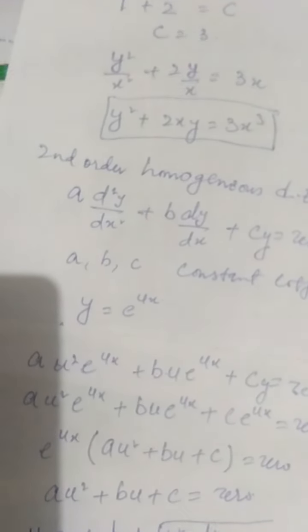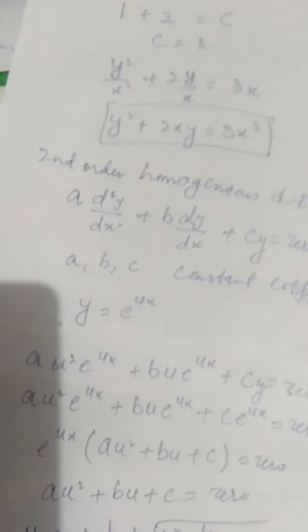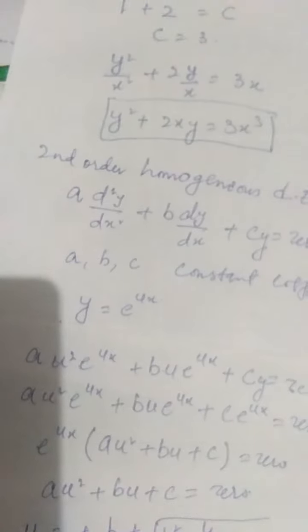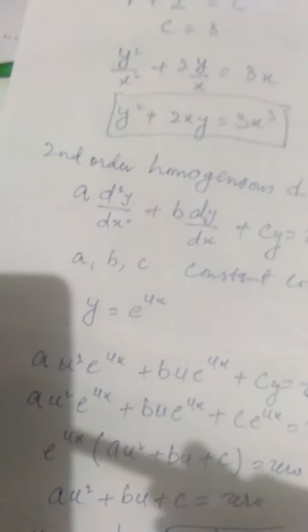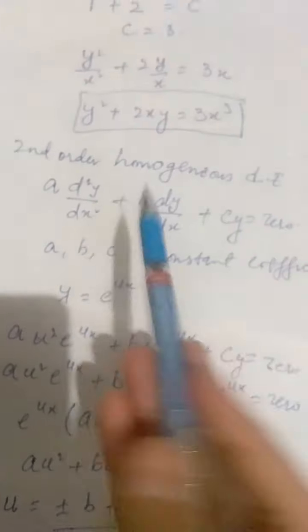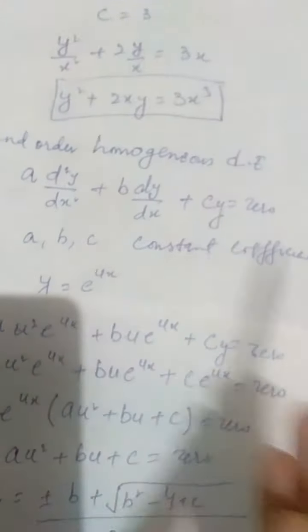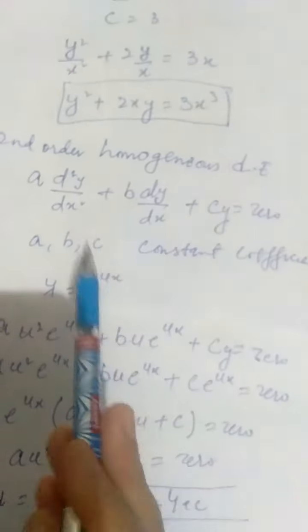But before that, I want to clarify, if all the students are aware, what a solution to an equation is. We know that any term which, when substituted in the equation, satisfies it on both sides. That means when we put this y substituted here, it reduces it to 0. It balances the right hand side and the left hand side. Such a function is called the solution of an equation.